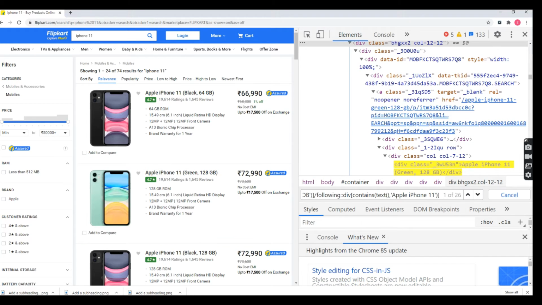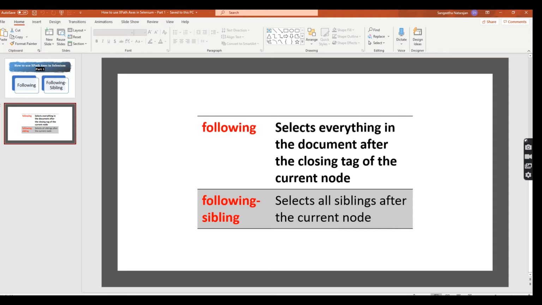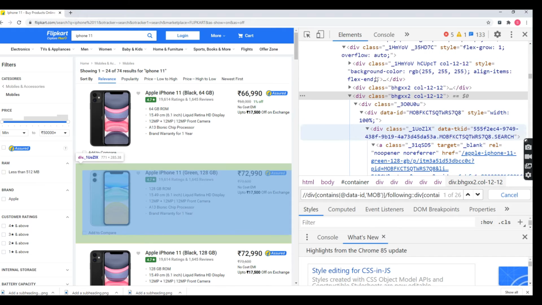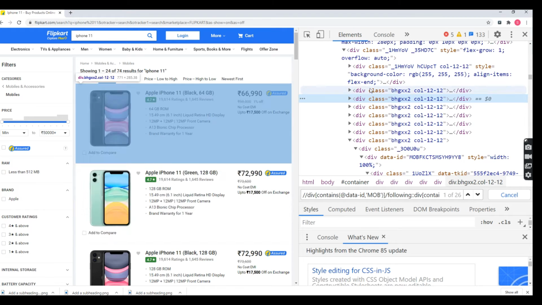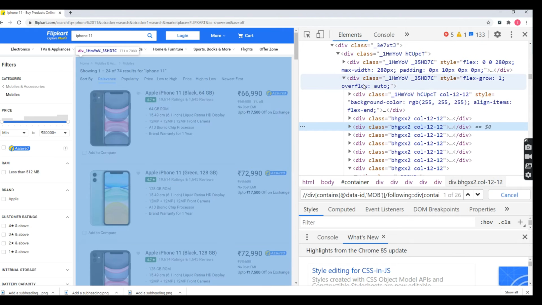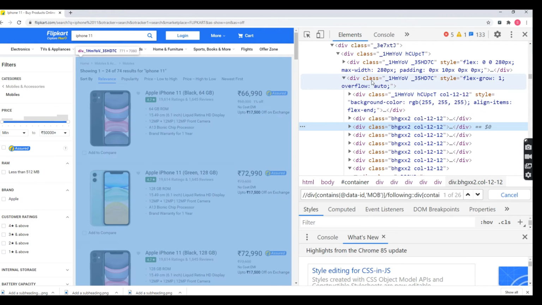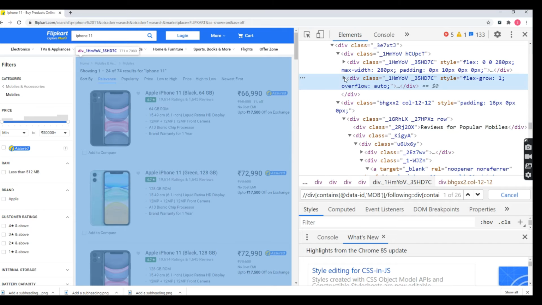So again I repeat: following selects everything in the document after the closing tag of the current node. Go to here. I already told you this kind of tag comes under this tag. So this is the parent tag, and this tag will be completed.